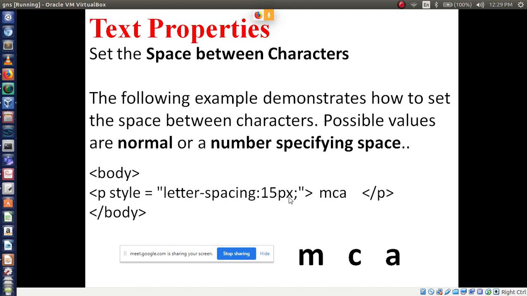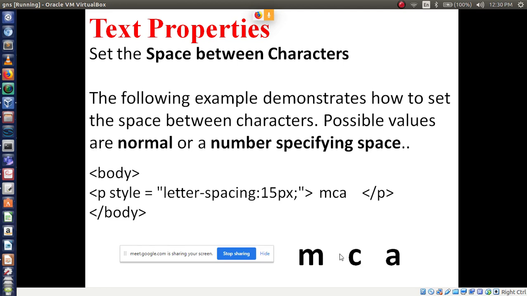Right? So what will happen here? 15px will be left between these characters. After M it will leave 15px of space, then print the next character, then leave 15px, then print the last character. So in between these characters you have space, isn't it? Yes or no?